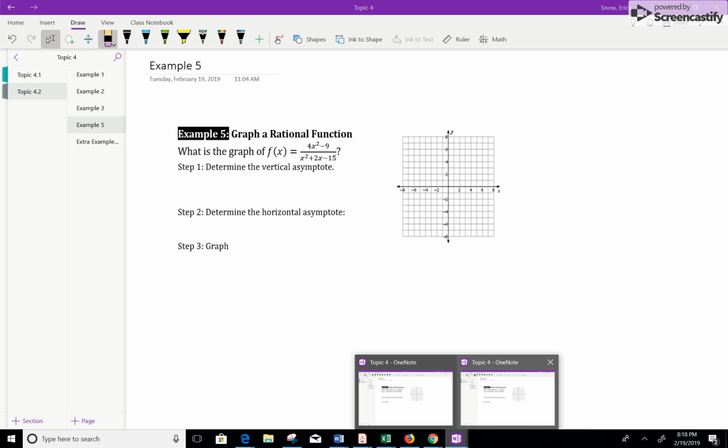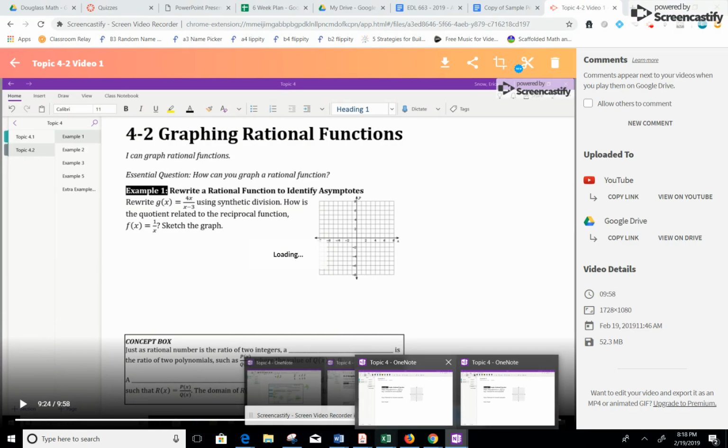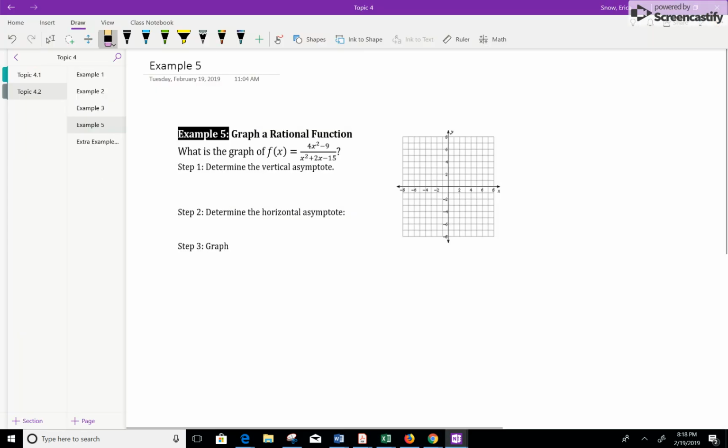Okay, now we are in example 5. I decided to go ahead and skip example 4 because the practical application in that particular word problem was not my favorite. So recall that our first step